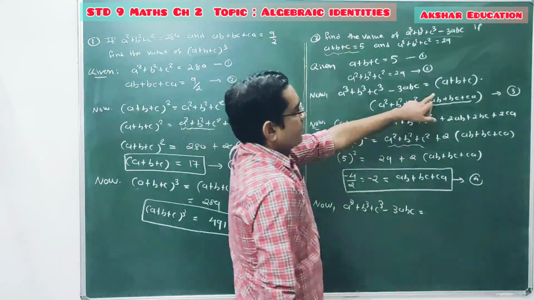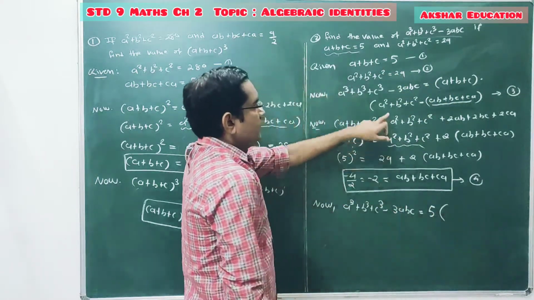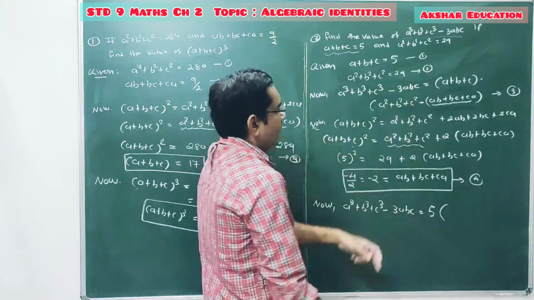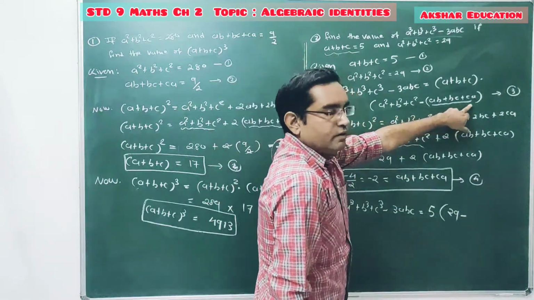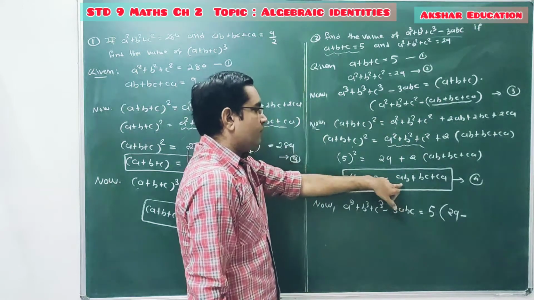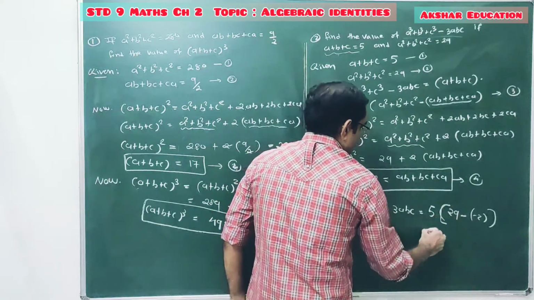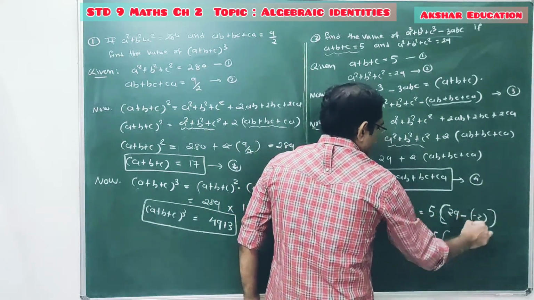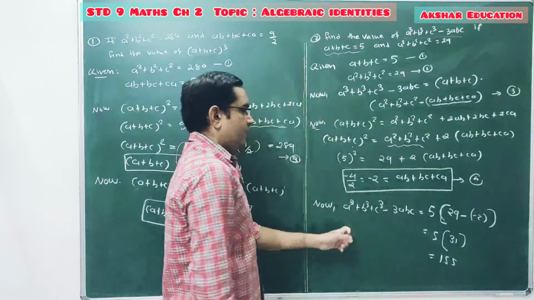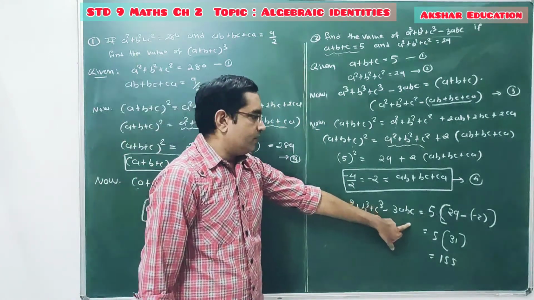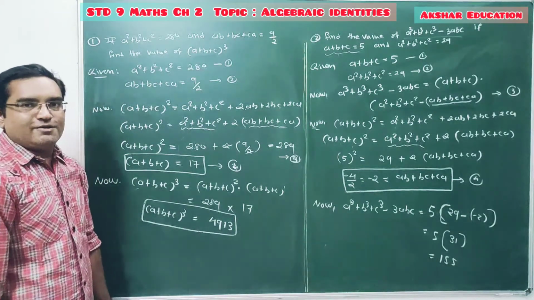So that is equal to (a plus b plus c) given 5, into (a square plus b square plus c square) given 29, minus (ab plus bc plus ca) that we have derived by result number 4, which is minus 2. Done? This is a square bracket. So this is 5 into 29 minus 2, so minus, plus 31. Answer is 155. So a cube plus b cube plus c cube minus 3abc is equal to 155. Clear, friends? So pause the video to note it down.